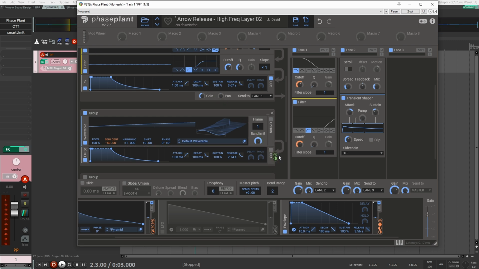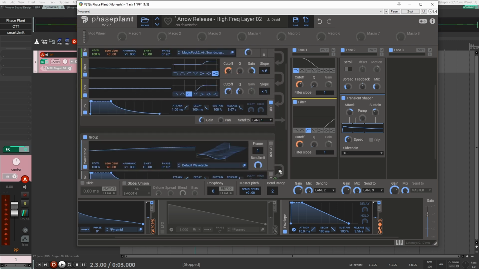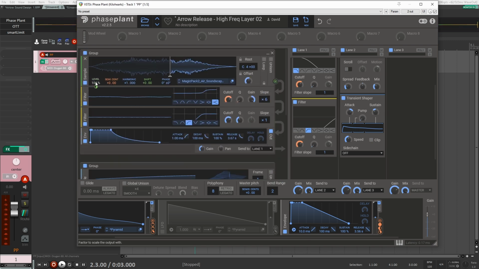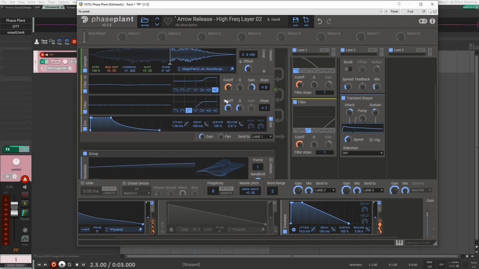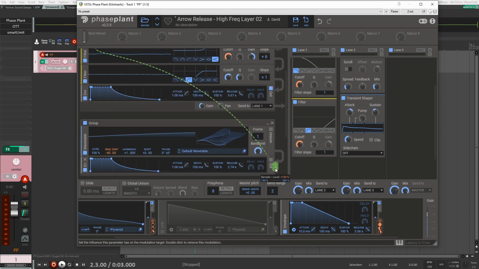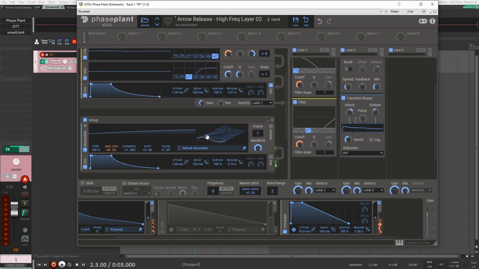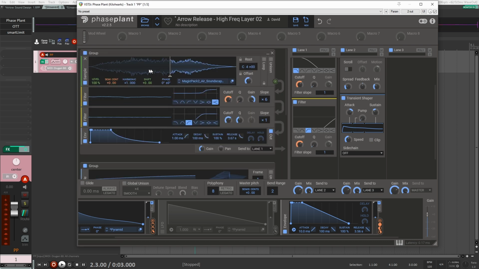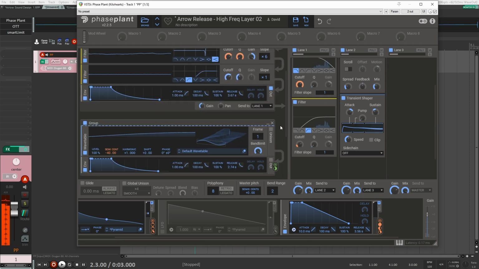And what I'm using here is I'm assigning this to, I think it's the level. Yeah. So I'm assigning this to the volume of the first one here. And what this is going to do is amplitude modulation. So I'm basically changing the volume over time of the volume here with a sine wave. So if I play it now,